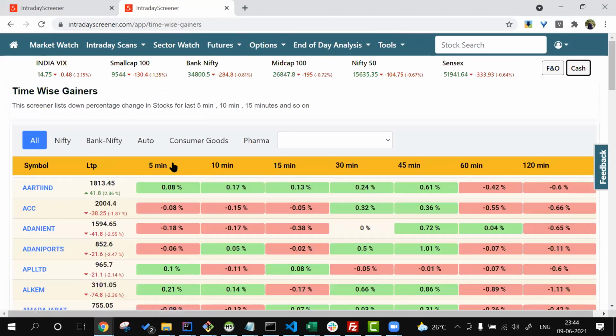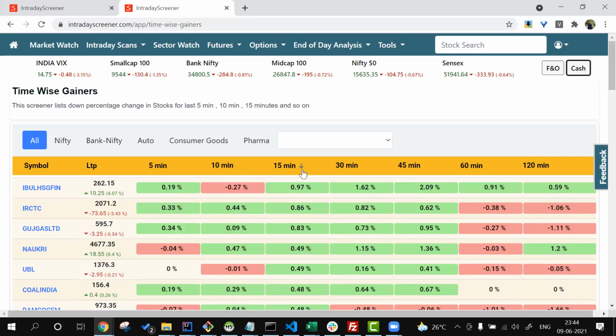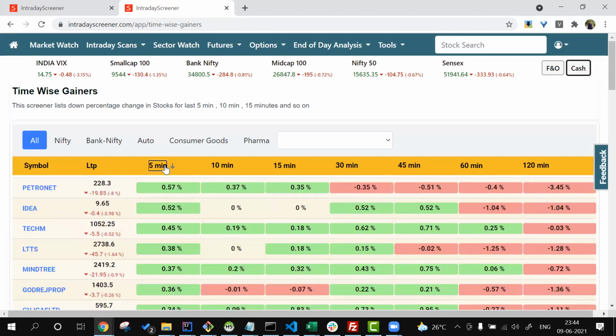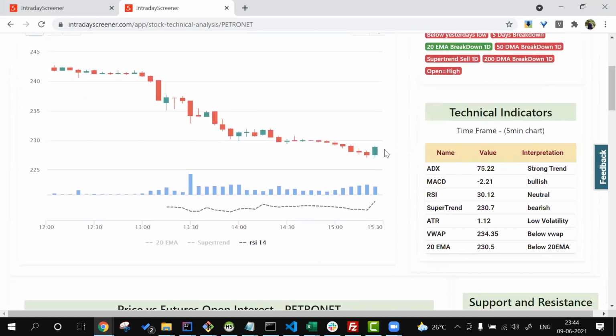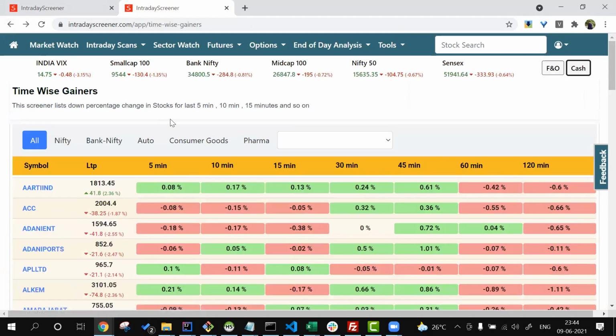Timewise Gainer simply gives you the change of stocks in the last 5 minutes, 10 minutes, 15 minutes, 30 minutes, and 45 minutes. So if you want to see the stocks which have gained the maximum in the last 15 minutes, you can just click on this sorting column and you can see that iBull Housing Finance has gained the maximum in the last 15 minutes. If you want to see which stocks have gained the maximum in the last 5 minutes, you can see that Petronet has gained the maximum, and if you click on the 5-minute chart, you can definitely see that Petronet has gained this much. So this is basically used to find out all the stocks which are gaining in a particular